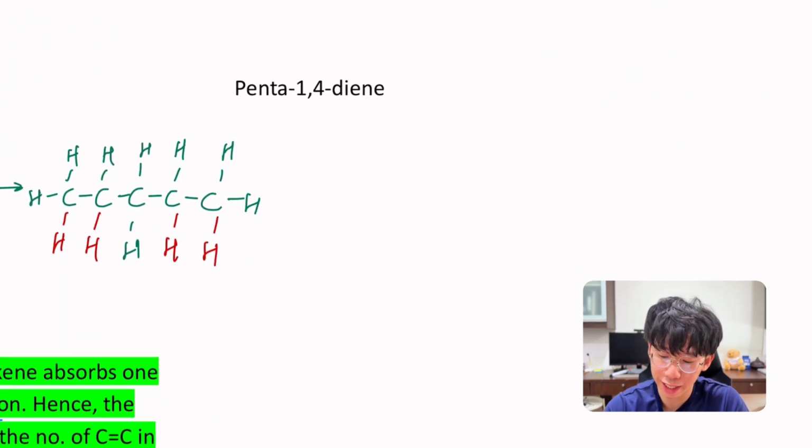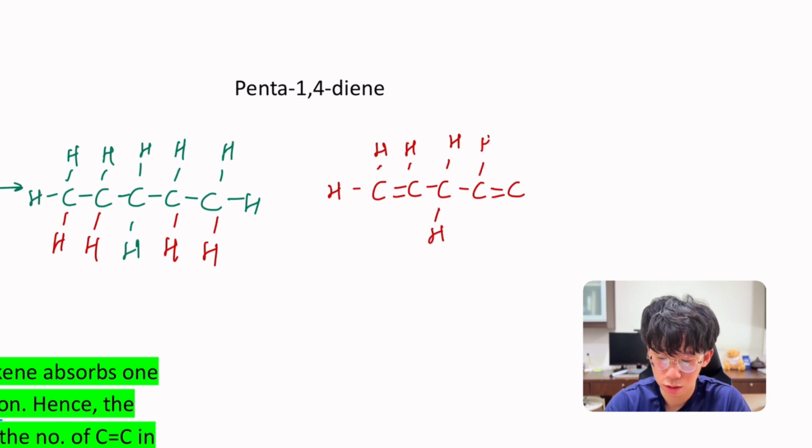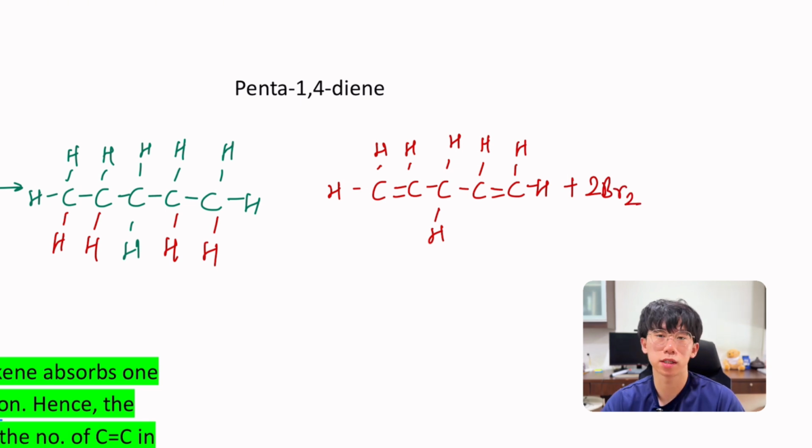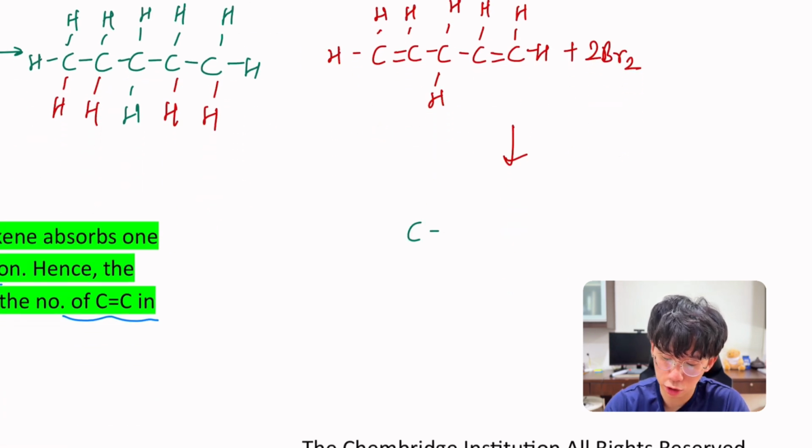For pentyl 1,4-diene, if you were to draw this, similar to just now, we're going to add 2 moles of Br2 because there's 2 moles of double bond in this compound. And what we're going to get, I'm just going to react it downwards, is we're going to draw the same thing